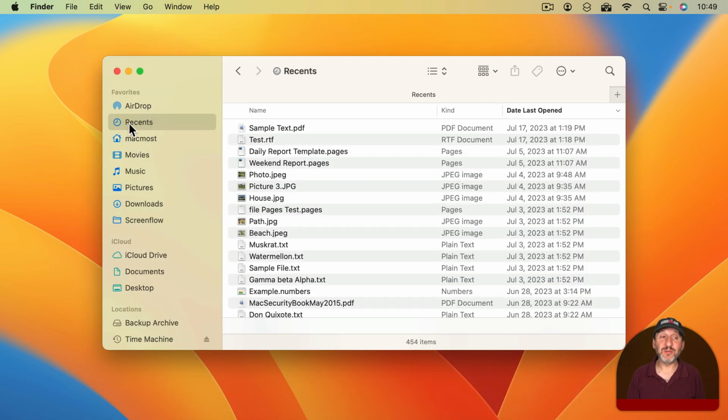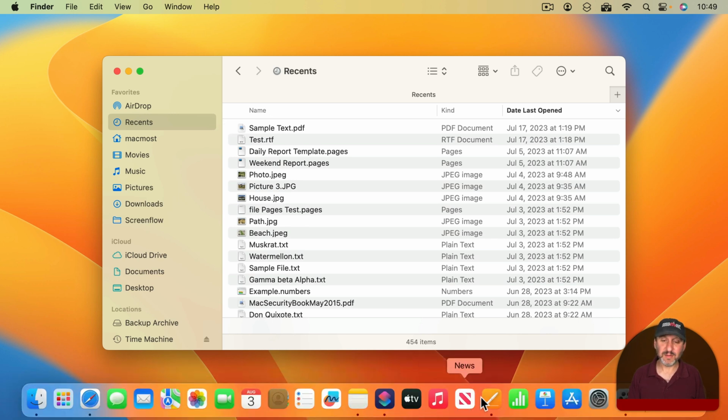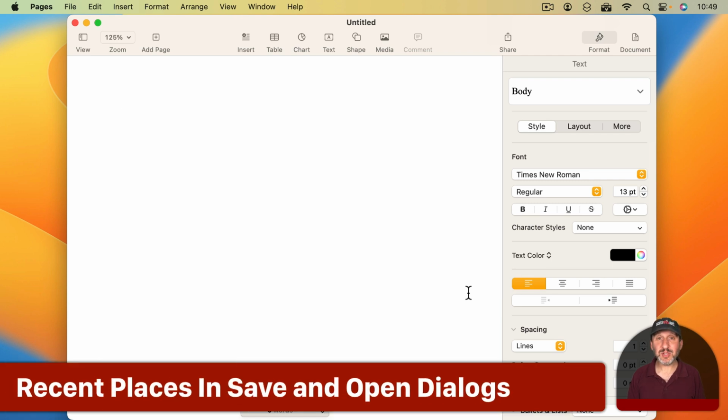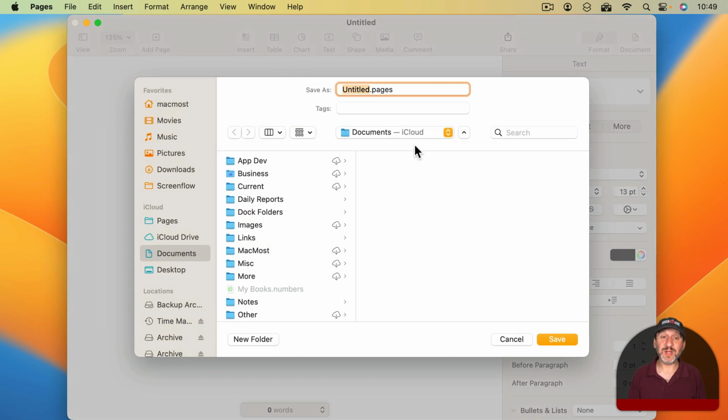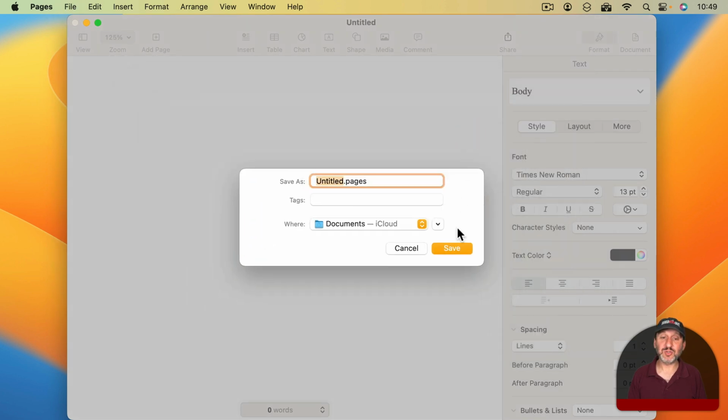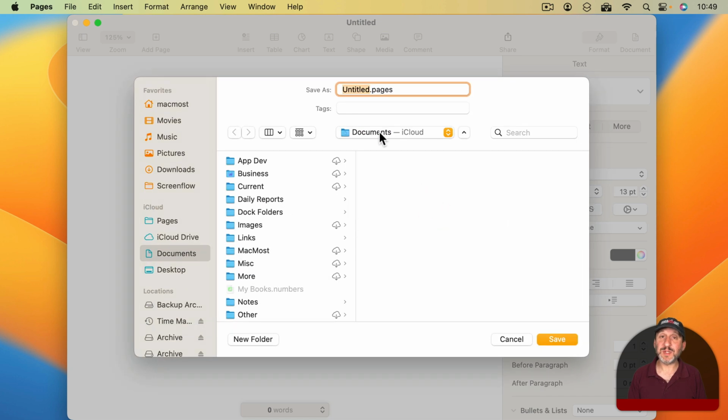So what if I wanted recent folders, not just recents? Well, in some instances we have that. For instance, here in Pages, if you go to save a document for the first time, you get the Save dialog, and whether it's expanded like this or shrunk like that, you're going to have this drop down menu here